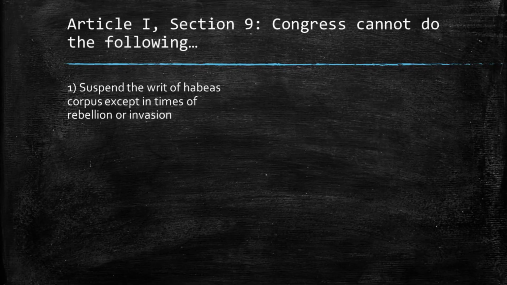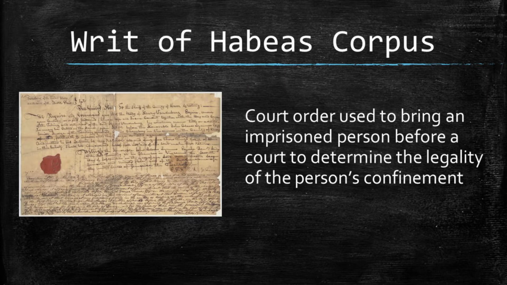While Congress can do these things, there are certain things that Congress can't do. The Constitution prohibits Congress from doing these things. Number one is to suspend what's called the Writ of Habeas Corpus, except in times of rebellion or invasion. The Writ of Habeas Corpus is something that prisoners could file if they believe they are being held in violation of their rights. It literally means to produce the body. It requires that whoever is holding a person in custody must produce that person in court and justify why that